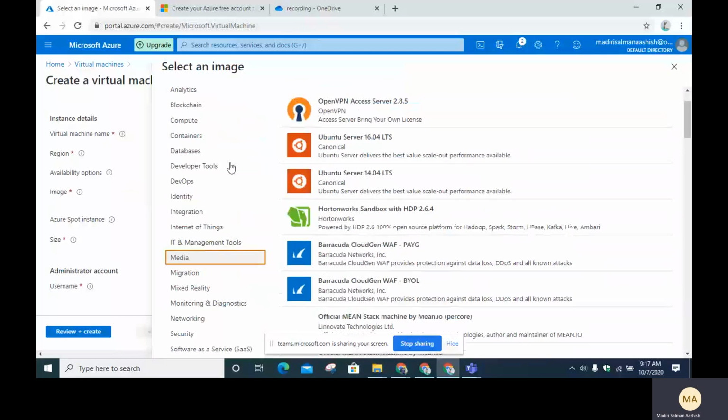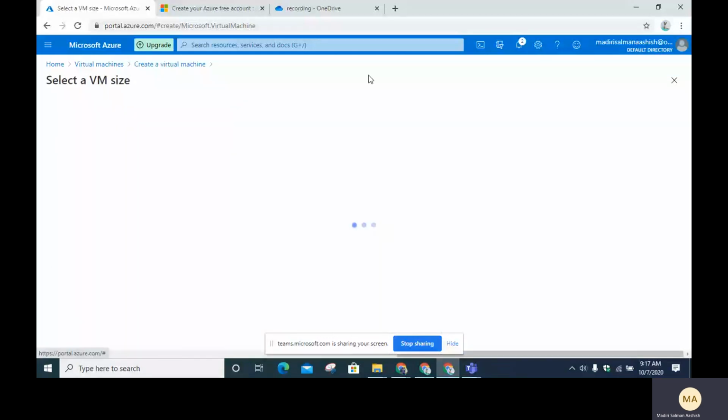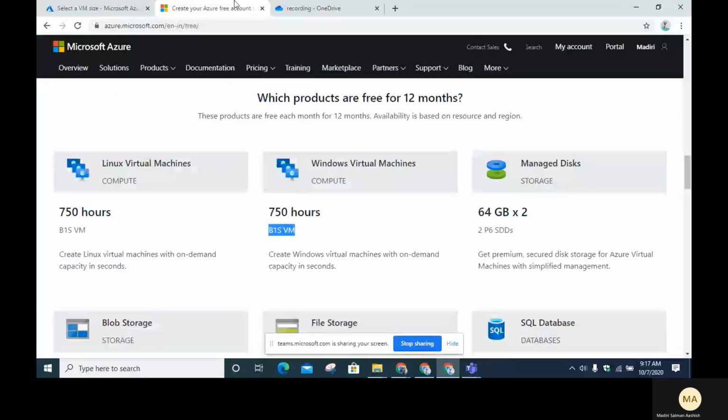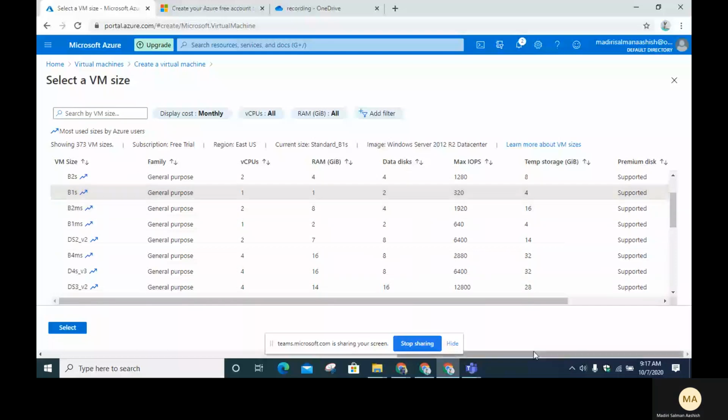So I will select the 2012 R2 image, and for size, if you are using a free account, you need to use the B1S VM. So you can select B1S, and click on select,